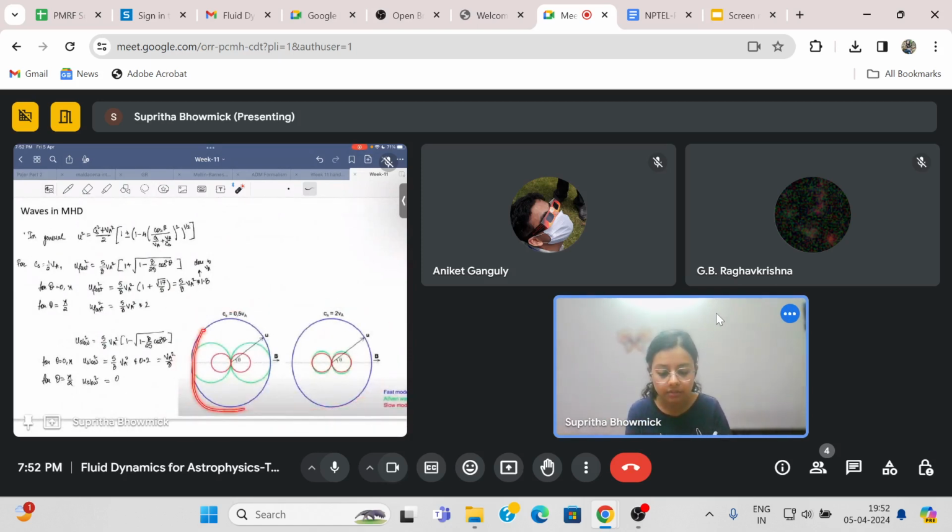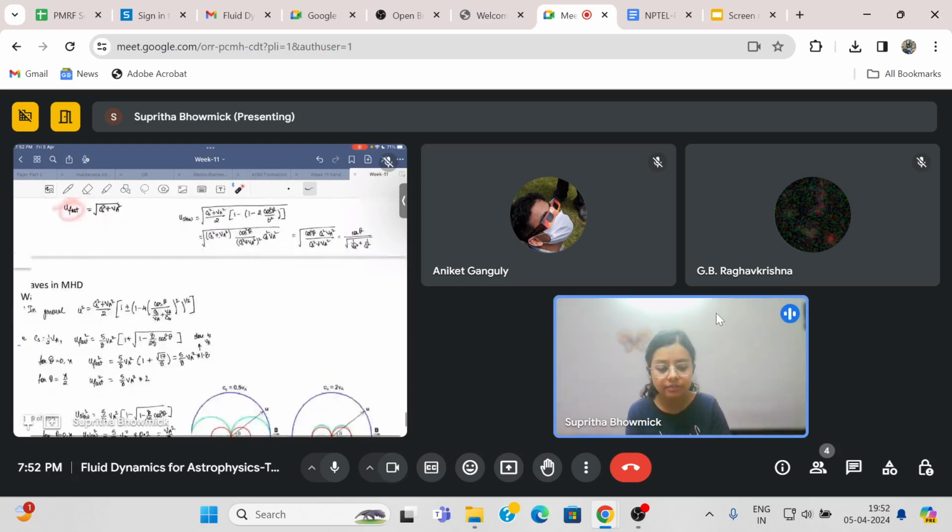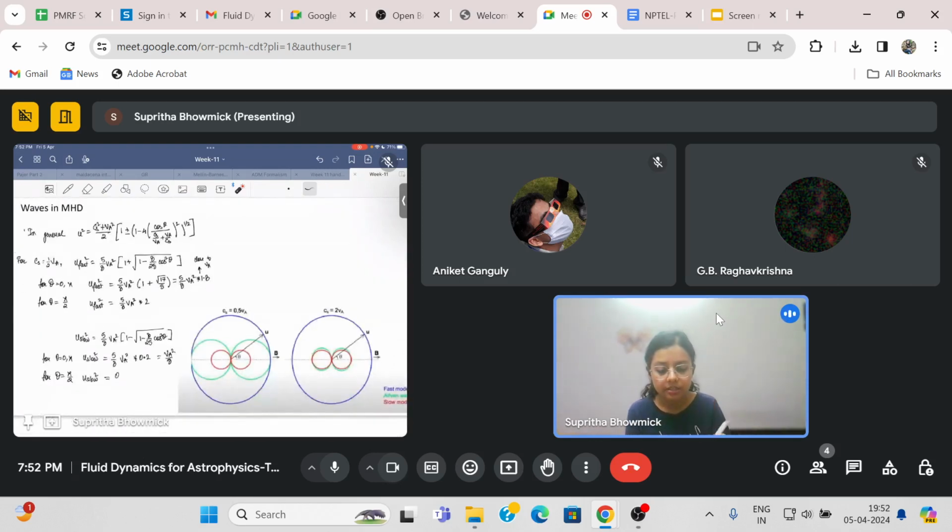And then this profile was shown to you if you remember. This blue line was the sketch of u fast magnetosonic, this u fast as a function of theta, right? So if the wave were propagating, let's say along B, what would be u fast? This would be the value of u fast, right? If the wave were traveling with this theta, making an angle of this with the magnetic field, then what would be the value of u fast? This would be the value. This is what this plot tells you, and we'll see a few features of this plot.